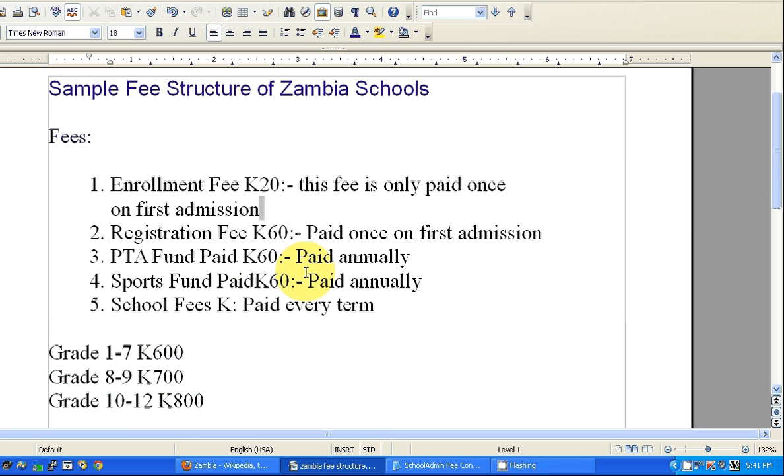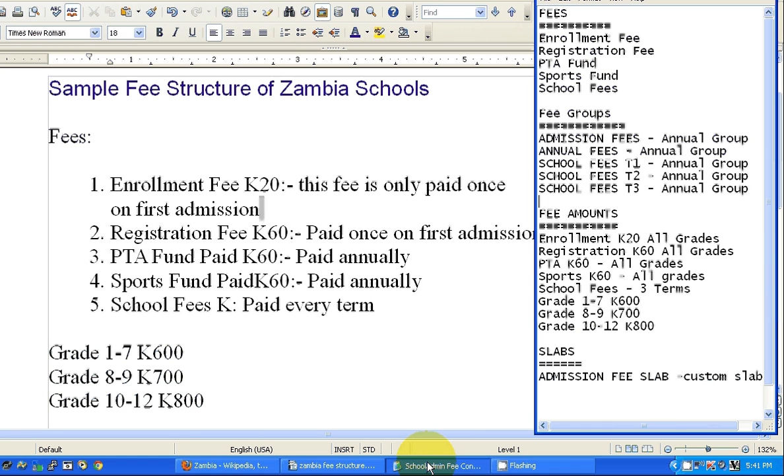So here is the sample fee structure that I am going to demonstrate to you, how we can define this fee structure in school admin. So firstly, let's discuss this fee structure. In this particular sample school, we collect enrollment fees of K20, which is paid only once on the first